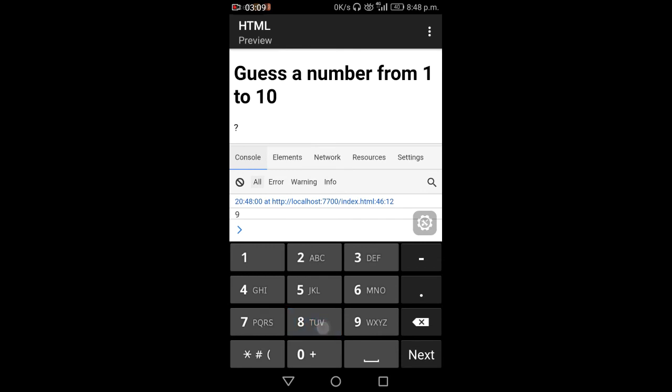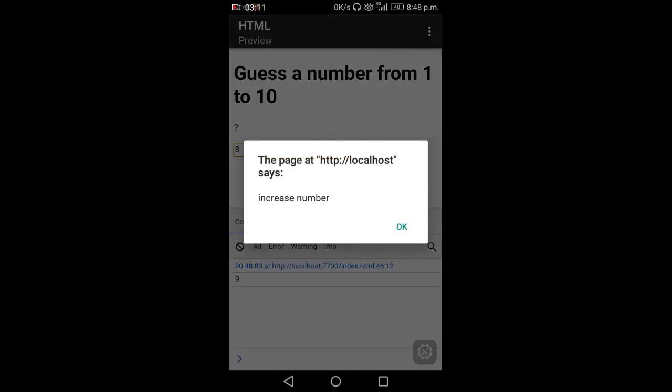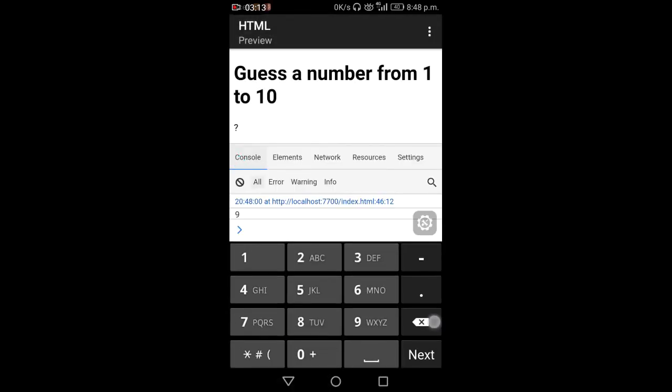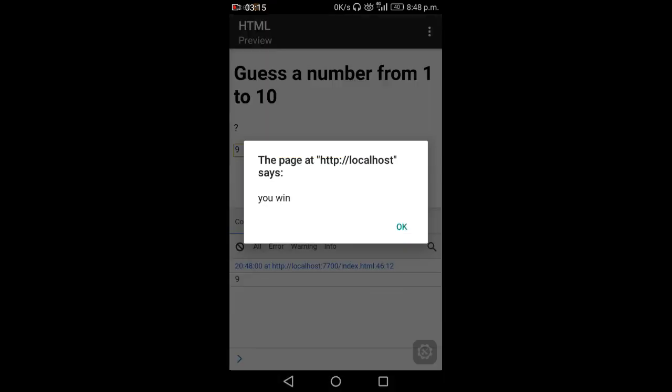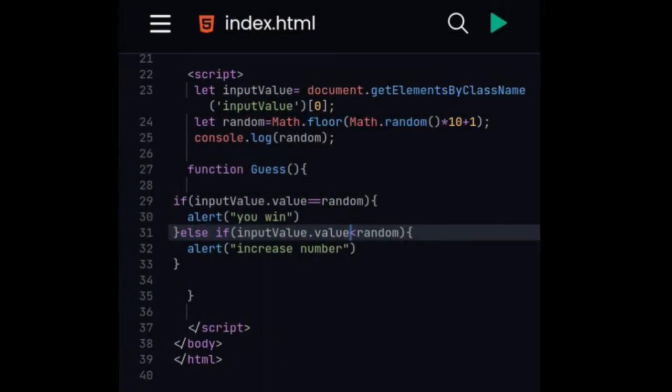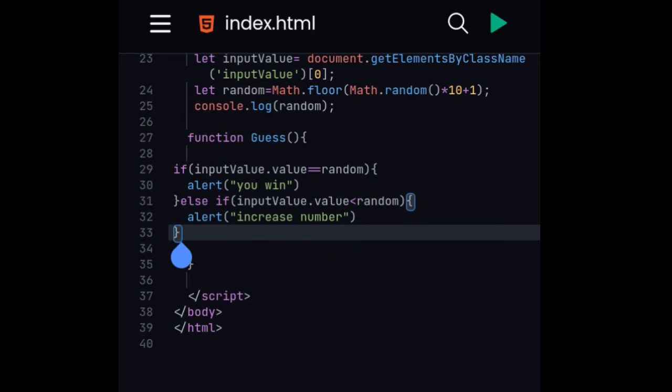Now small value 8, increase the number, it is saying. If I click here 9, you win. Okay, I am getting perfect. And we have again